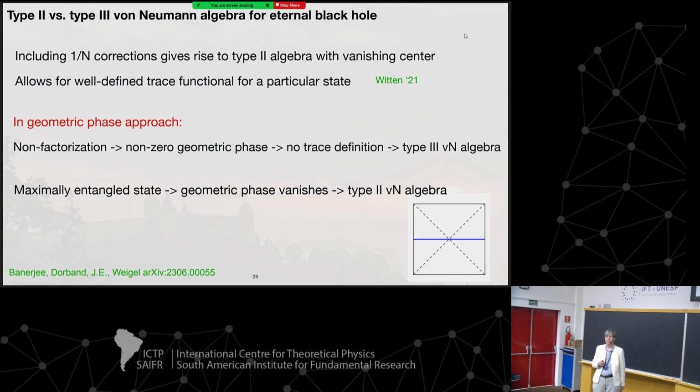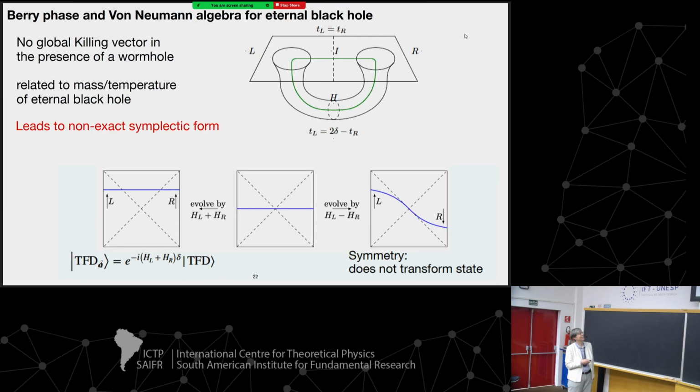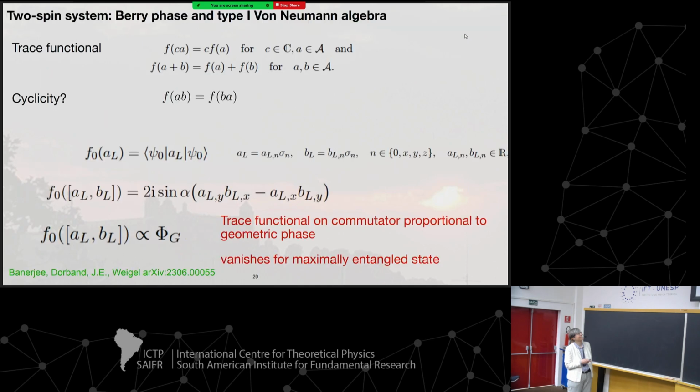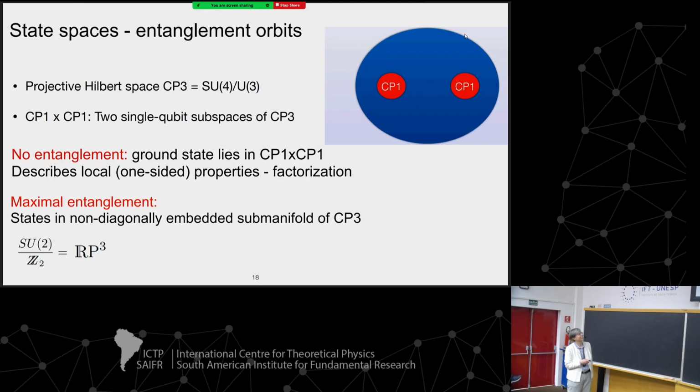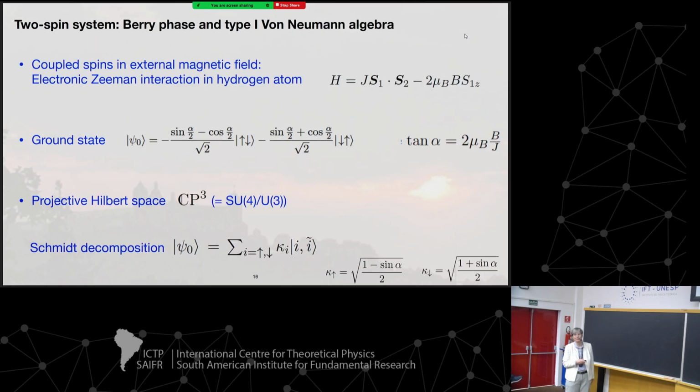So in the Berry phase, I think you consider a one-parameter family of states, and you let them go into a loop, and then you find some non-trivial phase or not. I didn't really see what curves you trace out. Do you stay in the same entanglement orbit, or do you go from one to the other? We do something slightly more abstract, but in the mathematical sense it is exactly the same. The physical interpretation is not as obvious.